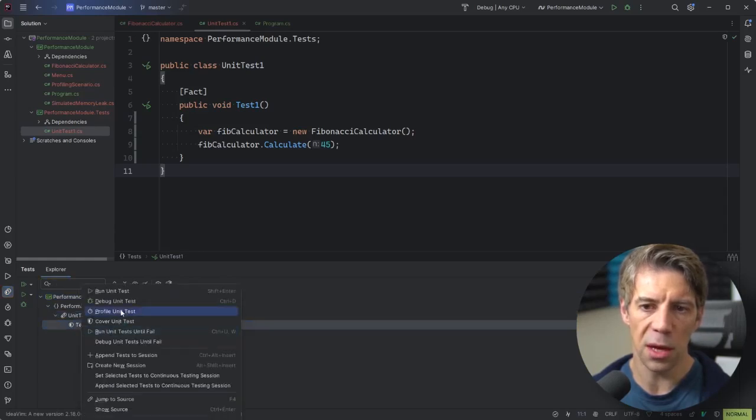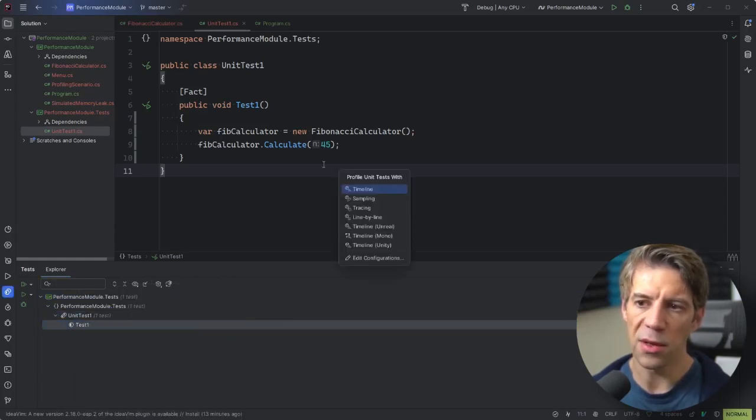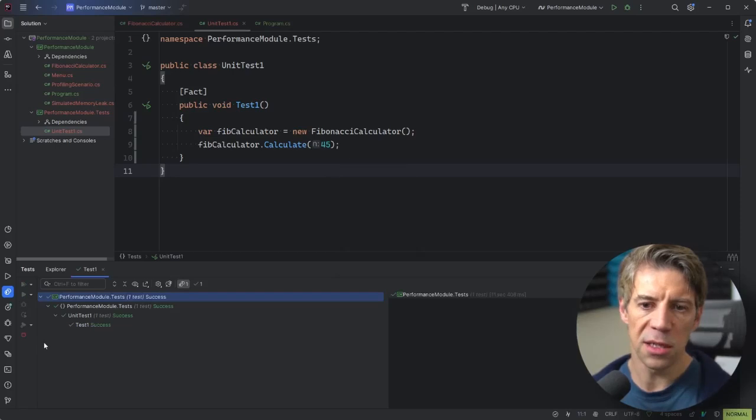Let's just take this one and profile it. We get this pop-up and we've already spoken about these. So let's just do timeline, which is a quick one. And that's now run. You can see that over here, it's still saying stop. So it's still doing something. So if we give it a bit longer,